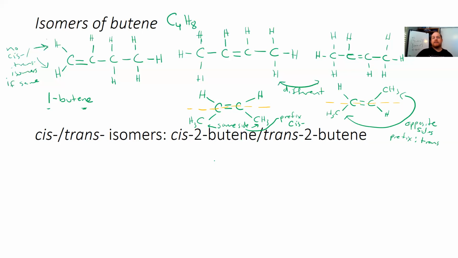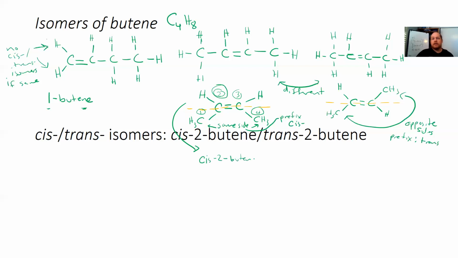And so when we have this, if I were to do the line angle drawing, what we'll do is look at the name of that one. So cis and trans. It's a 2-butene because we have 1, 2, 3, 4 for the butene. And on both of these, the double bond is going to be starting at the 2 position, the lower value. So it'll be cis as my prefix,